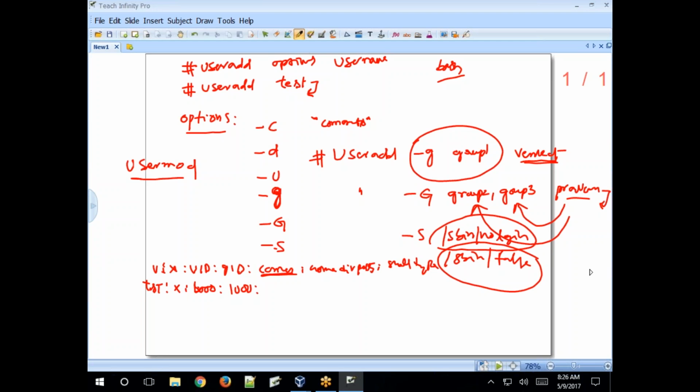If you want to create a new user with any option, for example with a different group as the primary group, use useradd -g, the group name and username, and the user will be created with that group name as the primary group. Like this. I'll show you that.